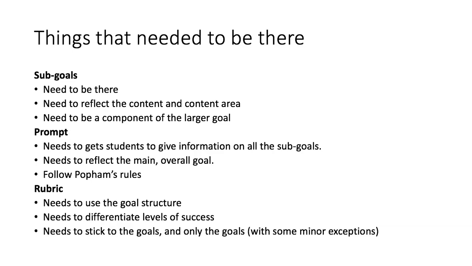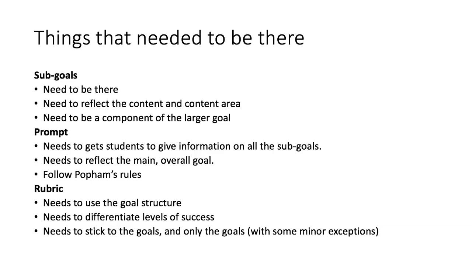So your sub-goal structure should make up those columns or rows in your actual rubric. If there's a difference between those two things, that's misalignment, and we've talked about that before. One, you need to differentiate levels of success for all of the different things, and some people just filled out one of the columns like I did in the video. If you listen to the video, I said you have to fill out all of them. I was just doing it because I don't want the video to get too long and my file size to get too large by going through all of it.